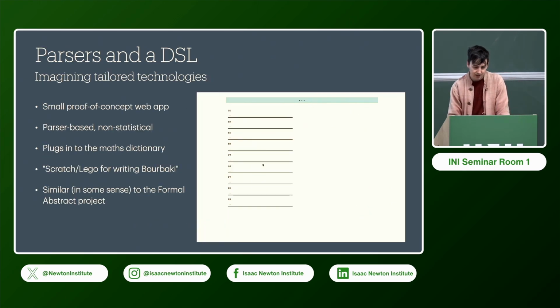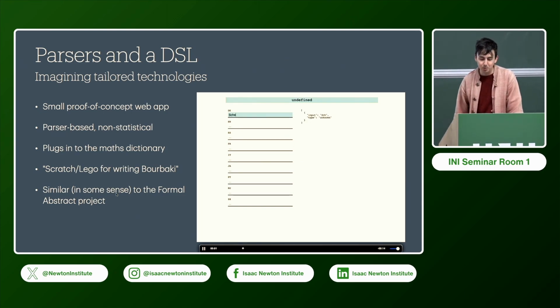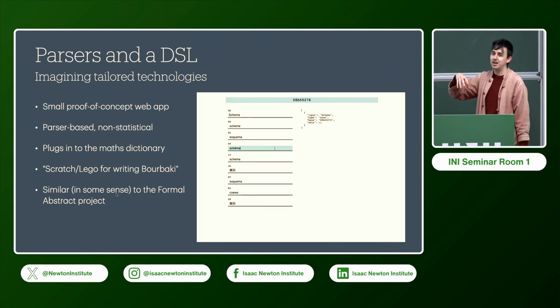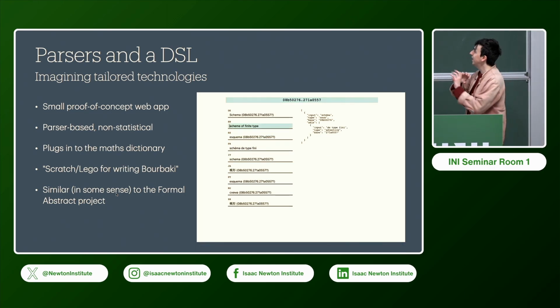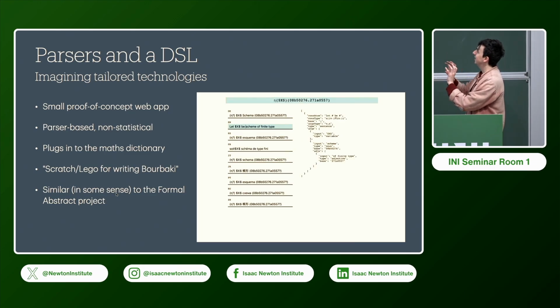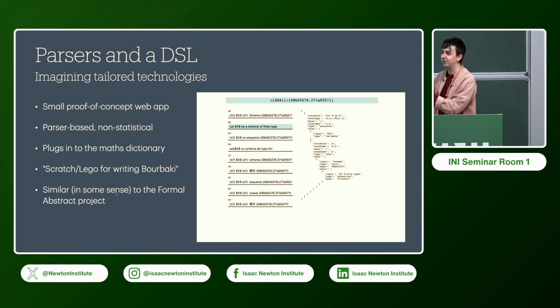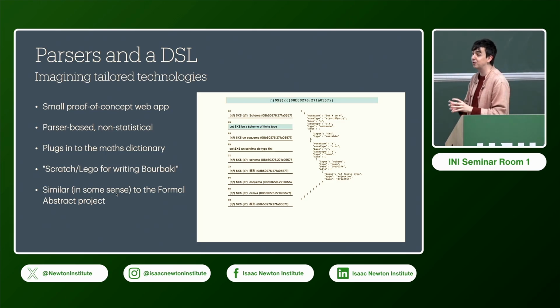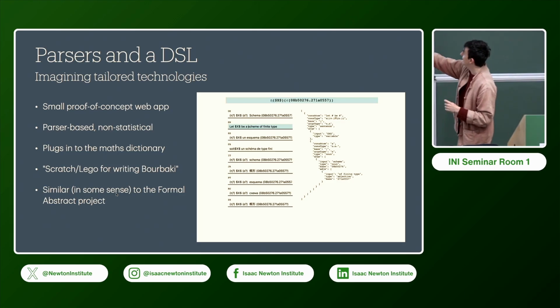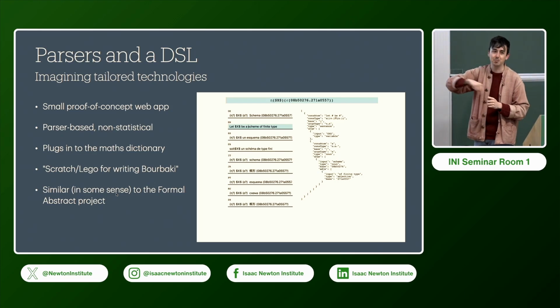And then, okay, I'll give a very short, tiny video that I will play. At some point, it turns out if you take a maths dictionary and plug it into some things in computer science called parsers, you can build up essentially an automatic translator, which doesn't use any sort of statistical inference. It doesn't use anything at all. It translates things that it knows it can translate. It tells you what it can't translate, and it can tell you exactly what it can't translate by pointing to its specific number in a dictionary.